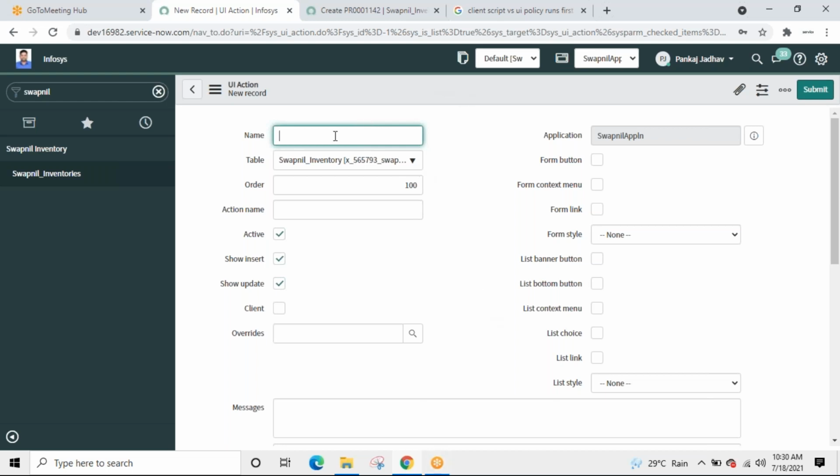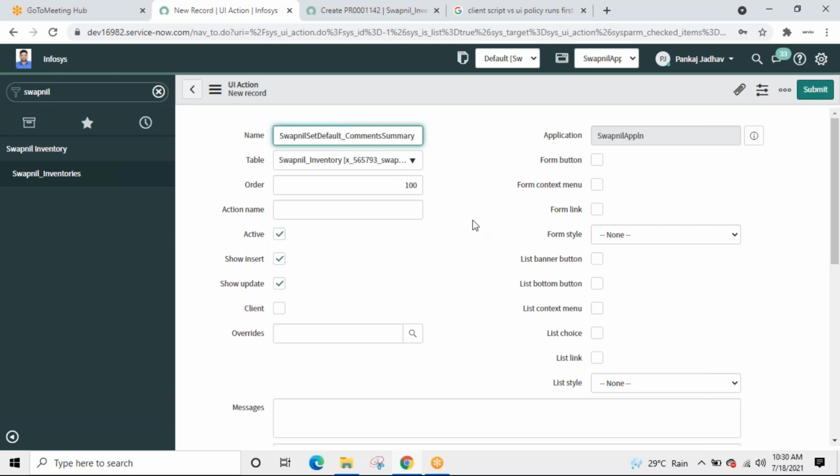Let me create a UI action. Set default comments and summary.